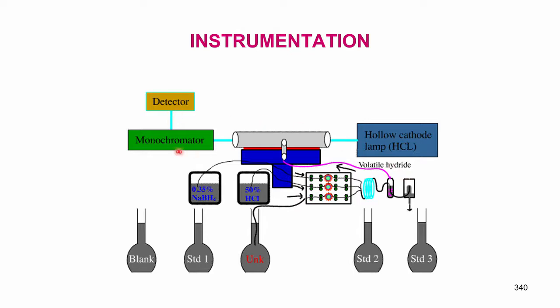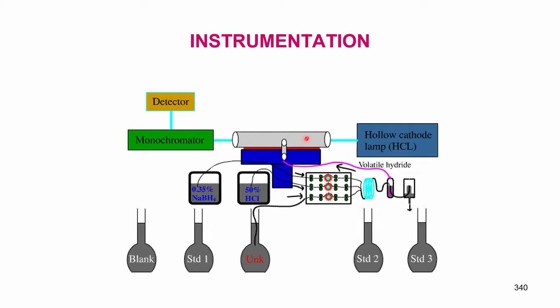And now I want to show you what is the basic technique. Here I have the monochromator, this green color, and radiation comes through this, and here I have put a detector on the back side actually, and then this is my T tube through which the sample will come, and this is the volatile hydride generator. Volatile hydride generator is here. I have a standard blank, standard 1, and then standard 2, standard 3, unknown. It is basically a manifold. I can choose any sample I want to introduce into the